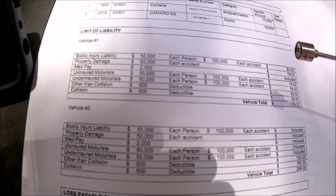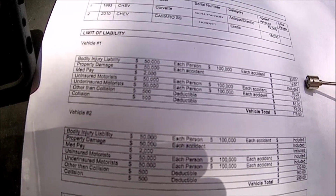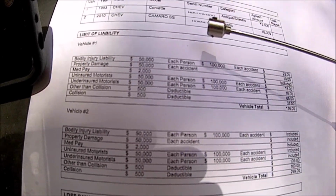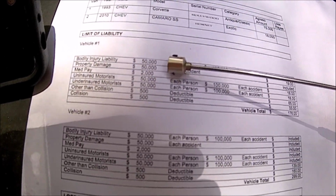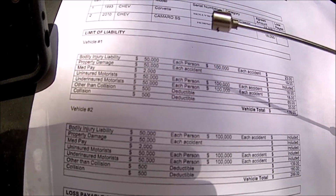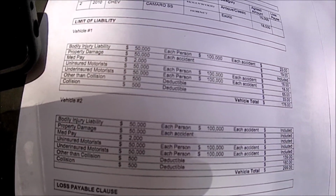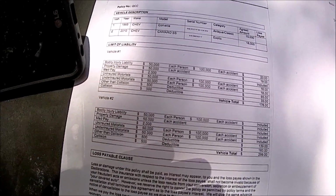Now, so down to this, which we went over with on the other car. This is what I'm paying annually now. So this policy renews once a year, and now I'm paying this dollar amount annually for these same coverages. 50,000 bodily injury, 50,000 property damage, 2,000 med pay, 50,000 uninsured, 50,000 underinsured, other than collision 500 deductible, and collision of 500 deductible. So now if we compare that with what we were paying earlier,